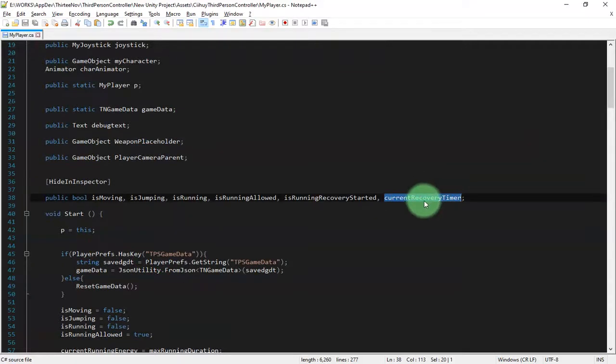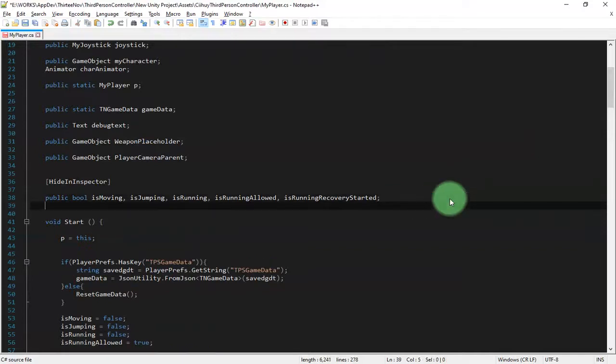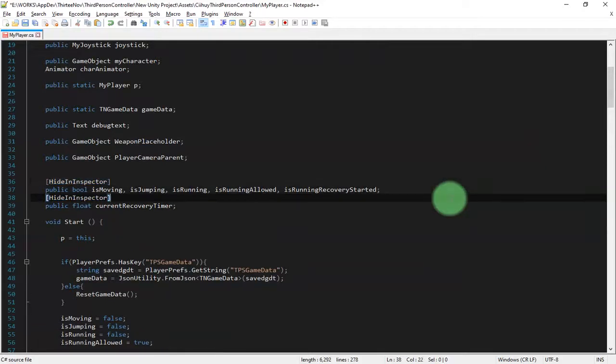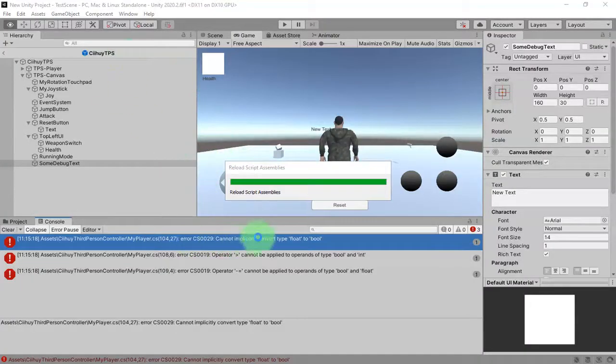Okay, current recovery timer is not a Boolean variable. It should not be public. Yeah, never mind. Just need to change the type of this variable, float, and because it is a new line, I need to hide it again here. Okay, let me go back.